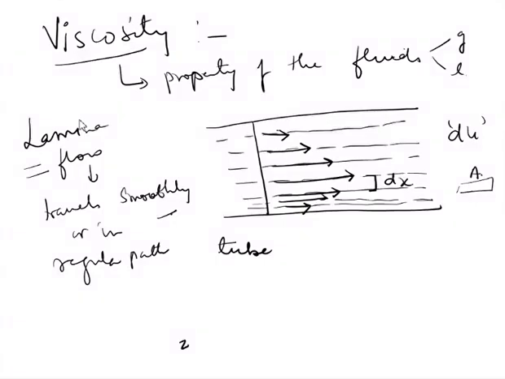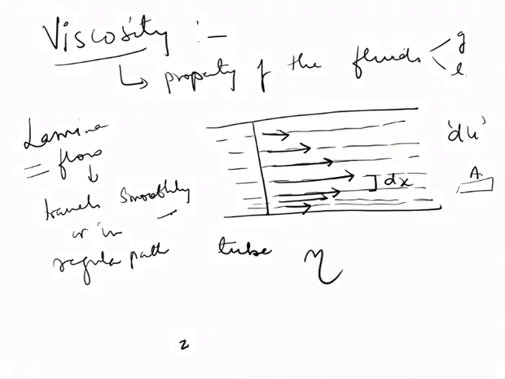So what is basically happening? There are different layers inside the liquid. Each layer is basically trying to pull away the other layer so that their speed is decreased. So when we talk about viscosity, it is basically the property